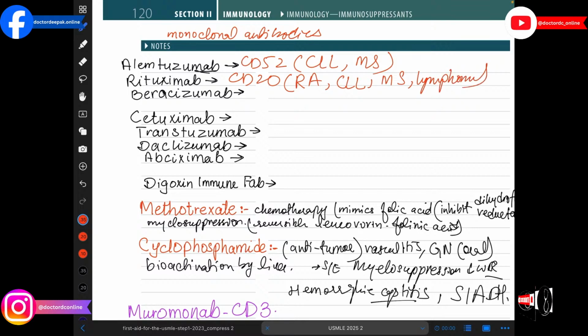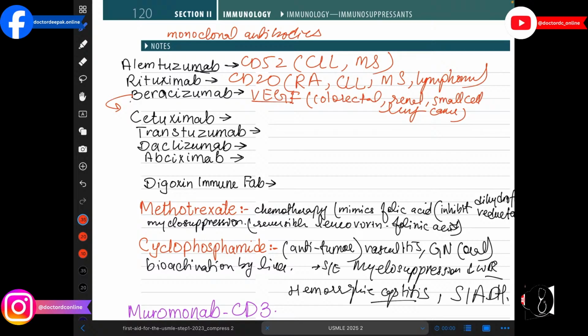We are having bevacizumab. The bevacizumab is going to target the VEGF that is most commonly for the angiogenesis-based cancers, and we are using it for colorectal cancer, renal cancer, and especially for the small cell lung cancer. And the most important point regarding that is it is used for neovascular